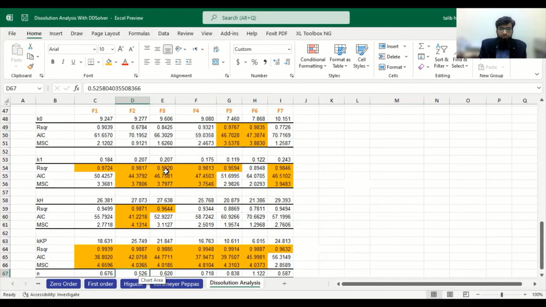For F3, it is following the first order model and the Korsmeyer-Peppas model, and the value 0.62 gives it an anomalous system, meaning it is dependent on both diffusion and dissolution. So dissolution was K1 and diffusion was zero order or Higuchi model.